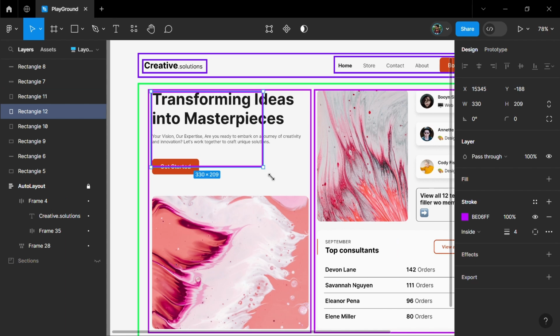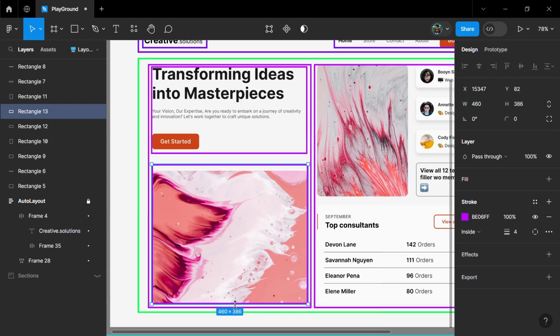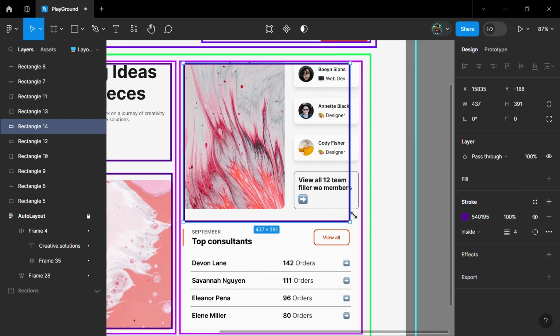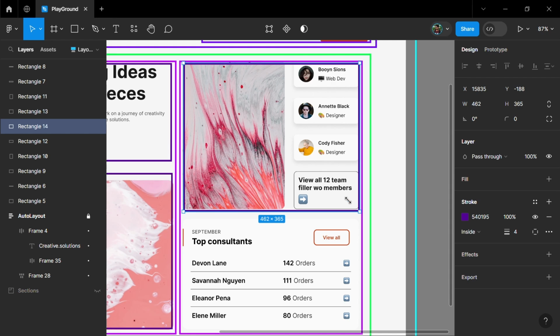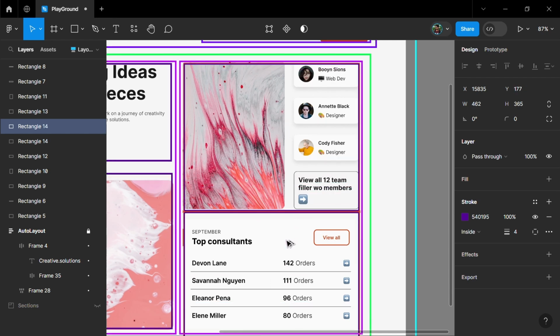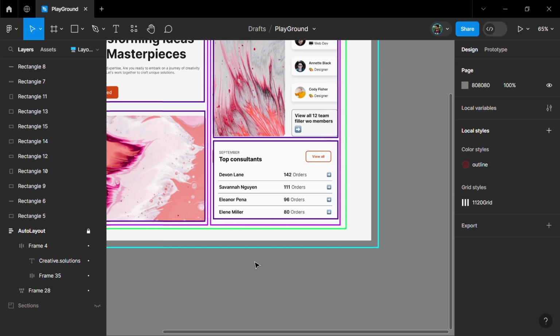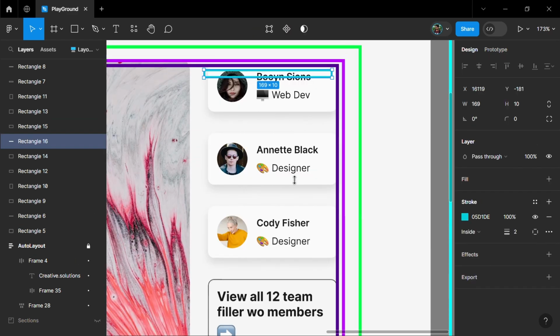If we look at the left column, it has a content auto layout frame on the top and a card type frame on the bottom. Similarly, in the right side column, on the top we have this big card and small cards wrapped in one auto layout frame, and this list type element on the bottom. We can create this list element at the bottom and this small cards element at the top using auto layout.